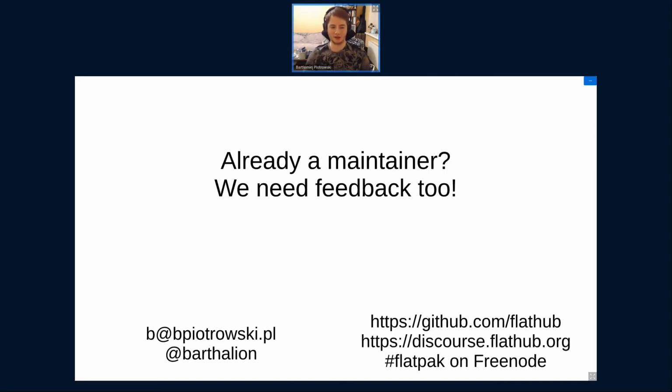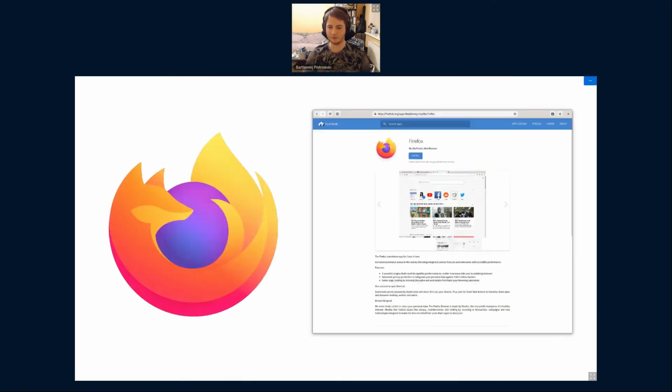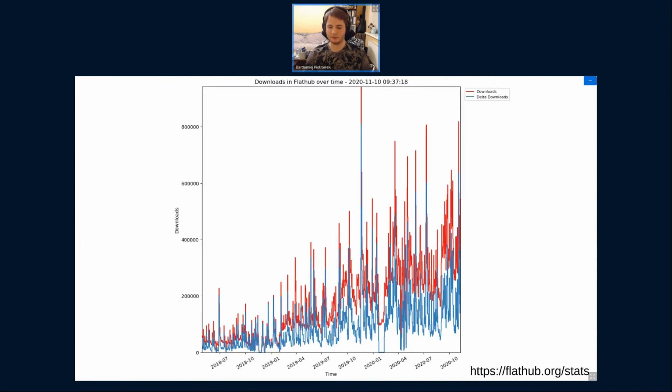There is raw data available on the website, in the bottom right corner, it's flathub.org/stats. These are raw JSON files that you can use to produce a graph or whatever, but we plan to integrate this into the website.